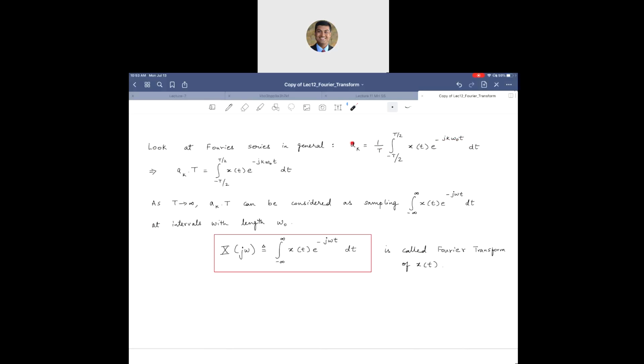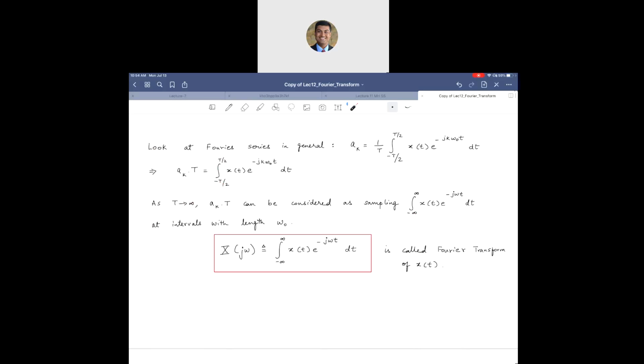Now, if you bring this T out to the left hand side, you have a_k times T, that's what we are interested in, is going to equal the integral from negative T over 2 to T over 2 of x of t e to the negative j k omega naught t dt. Everything else remains the same. Now, as you evaluate T tends to infinity, a_k times T, the product of the time period and the Fourier series coefficients, can be considered as sampling